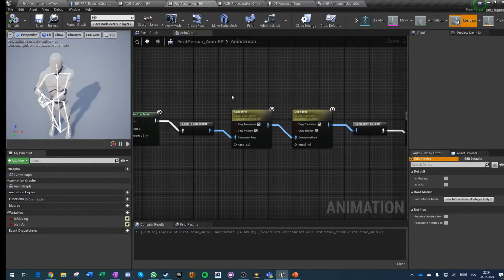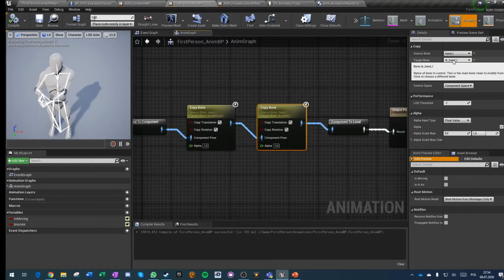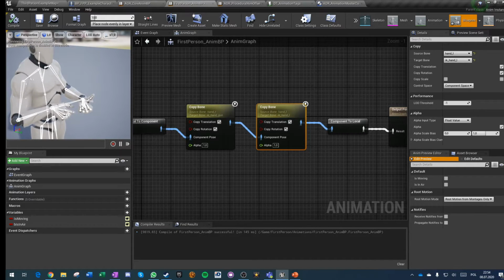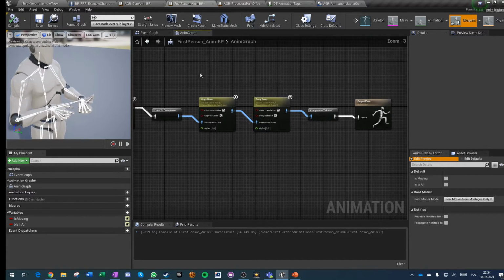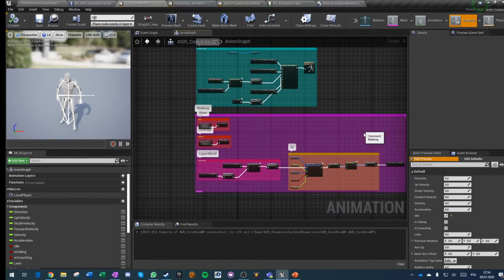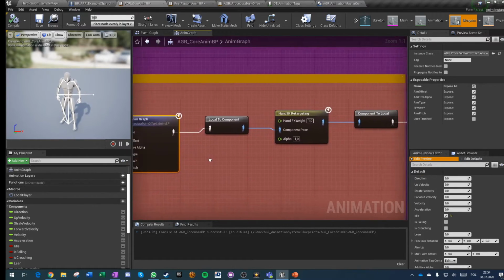And then we're doing the same thing as we did before. So we're moving IK hand gun to hand R, and we're moving IK hand L to hand L. So the IK bones match our hand bones, and this is important because when you look at our core animation graph, once we do the final blend of the upper body and we do the IK setup, we are doing this